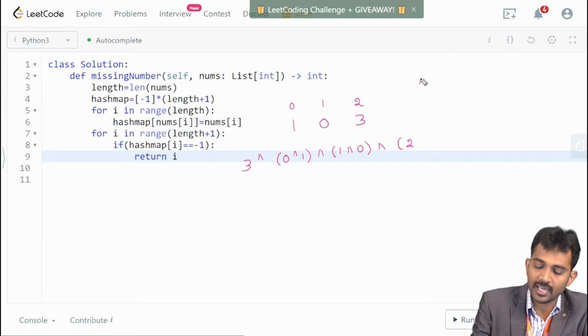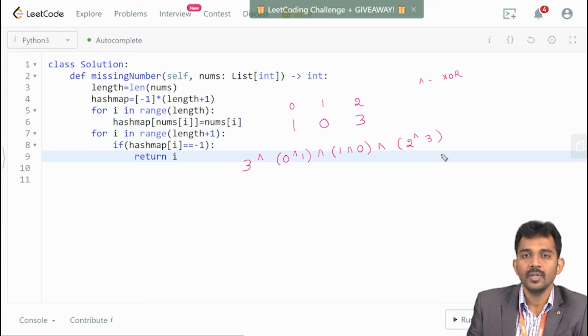Please note this, I'll consider this one as XOR. And 2 and 3. In Python, we're going to use this symbol for the XOR.